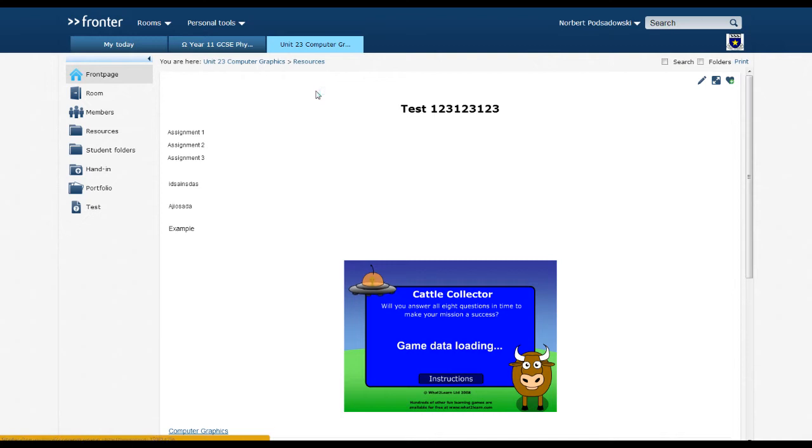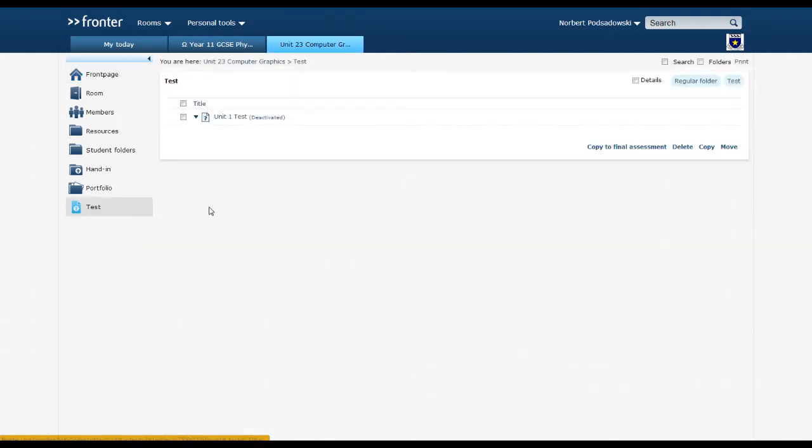and in an earlier video I showed you how to add different tools to your room. You can watch that video if you're not sure how to get this test tool over here. But once you do have this test tool, simply click on it, and if you want to make a new test, simply click the test button on the top right corner of